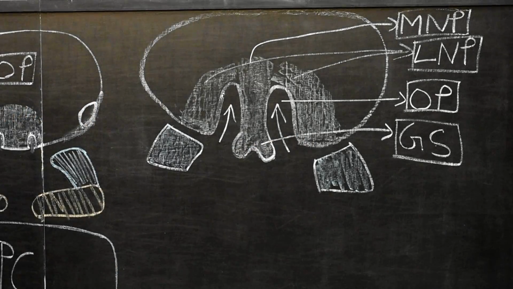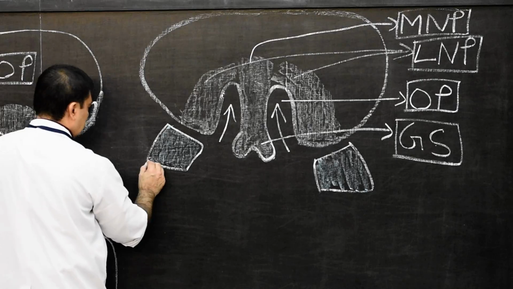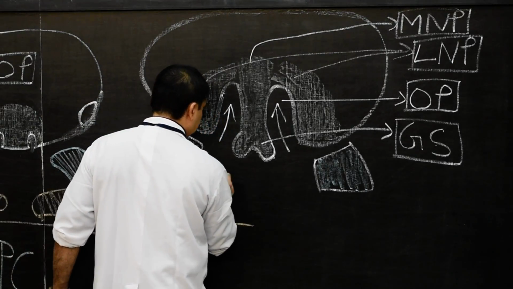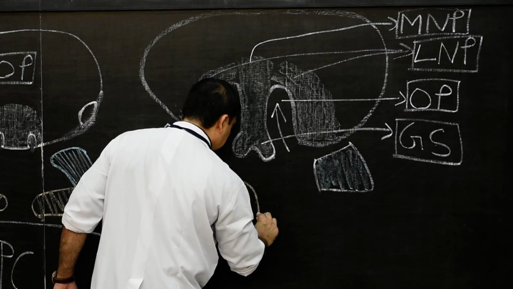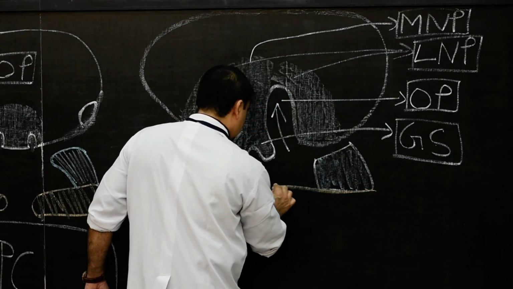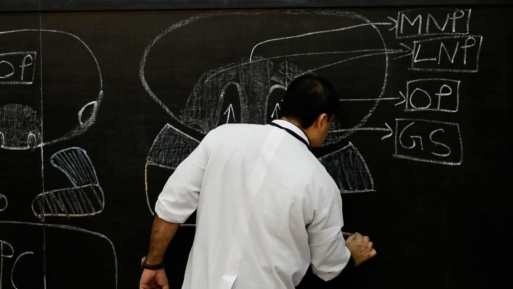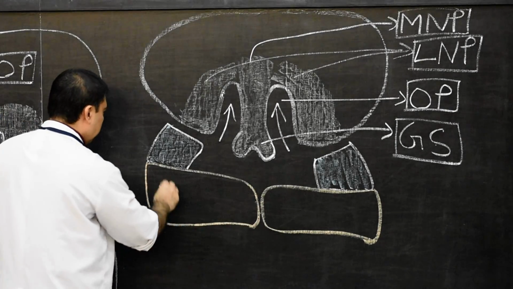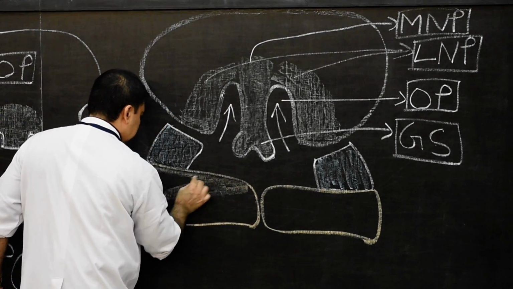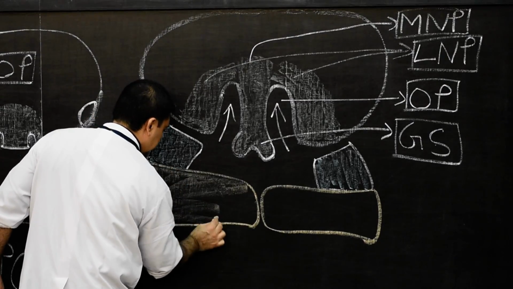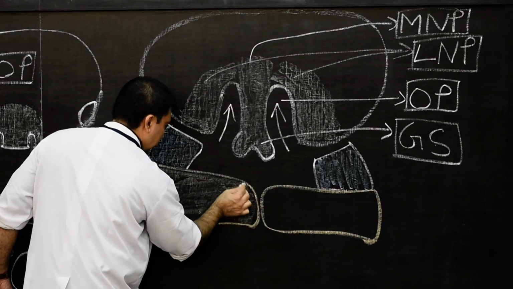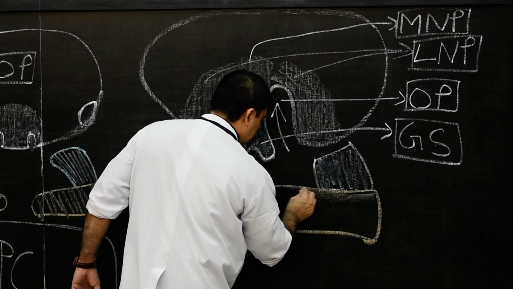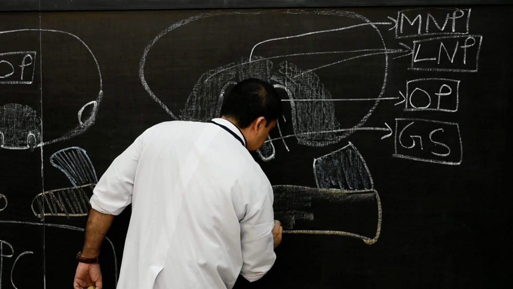And below this, we will show mandibular. Now this will be mandibular. Now how do we show mandibular? In this stage, we will show that the mandibular processes have almost fused with each other in the central line. Therefore, here we give color to this mandibular process. They have almost fused with each other in the central line. So therefore, this is how we show.